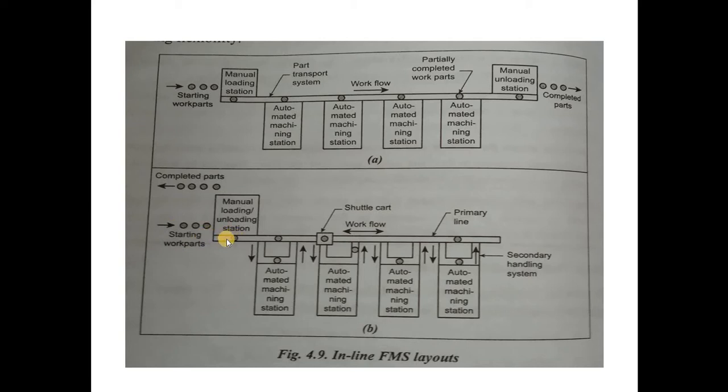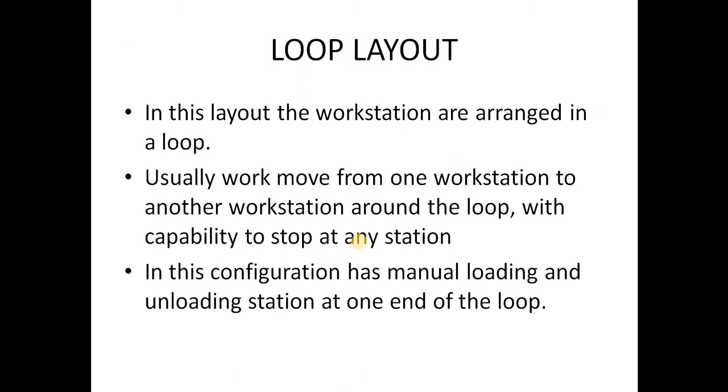For example, if I load one part, it will go to machine number 1, complete its operation, and stay at a secondary position storage device, or storage handling equipment, whatever it is. Likewise, each and every machine has a secondary handling system right here. Once the operation is completed, it will be stored right here. Once the shuttle cart or pallet comes to a position, it takes the finished goods to the unloading position, which is the same at the one end. So this is the inline layout. We have two possible ways.